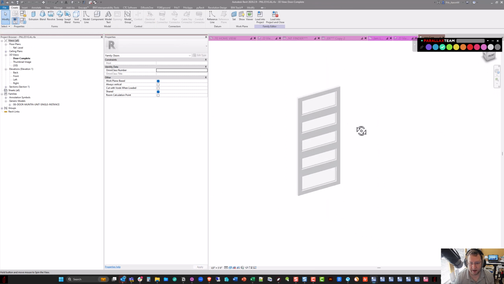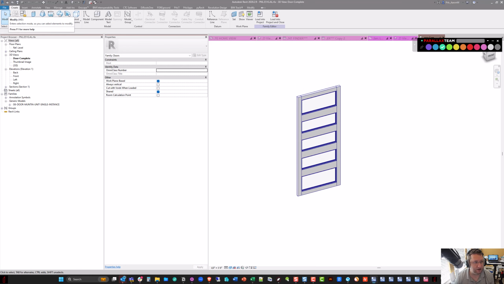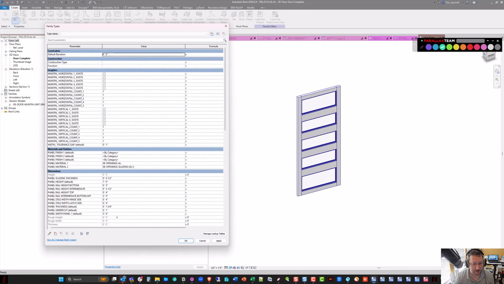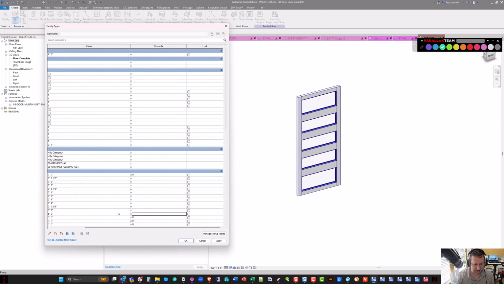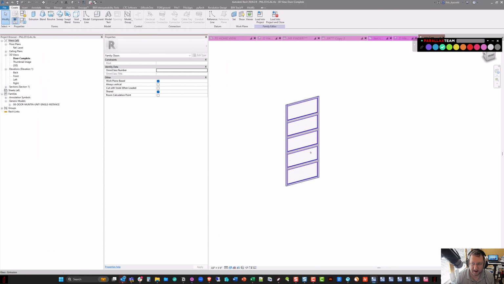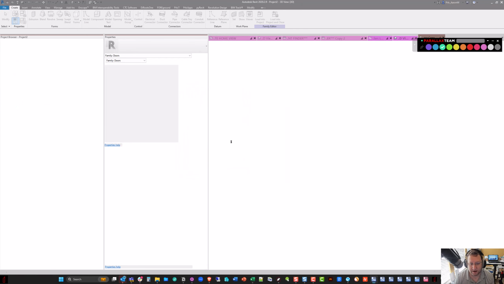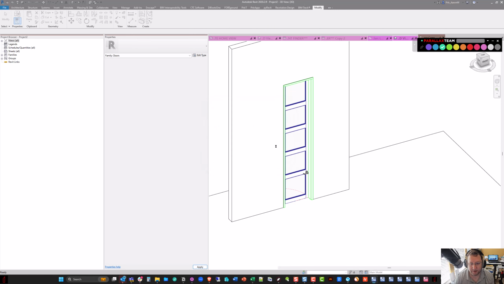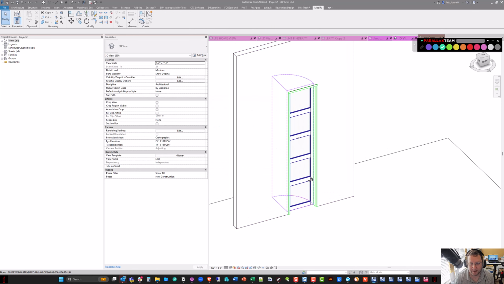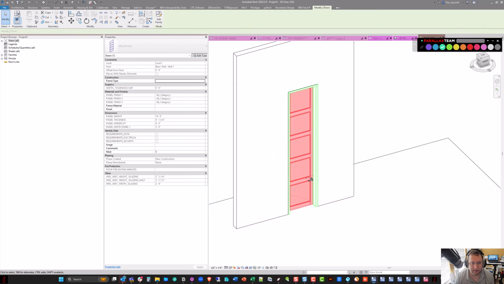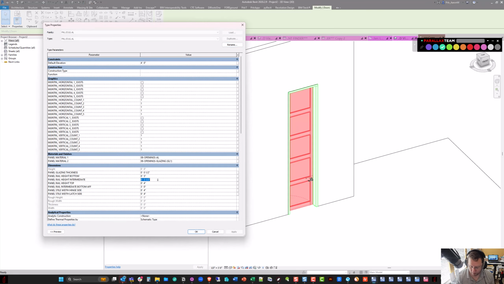So in this particular case, again, the default size is set to 3070. If we change it to be like 6 feet and 15 feet, and now we load this back in. I actually don't know if it'll work if I just load it back in, because I may need to actually load it the first time, but let's give that a whirl and see what it does. So now if we go back into here and we change this to 1'4",